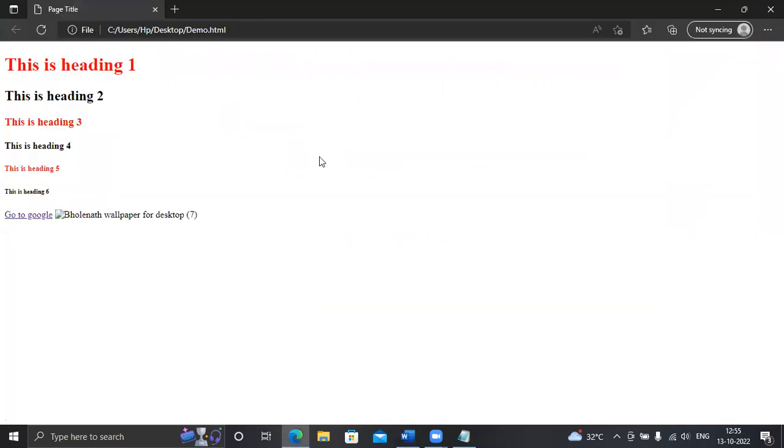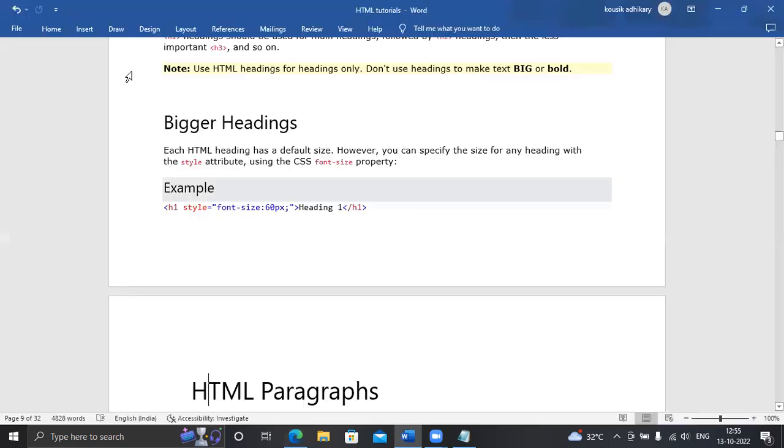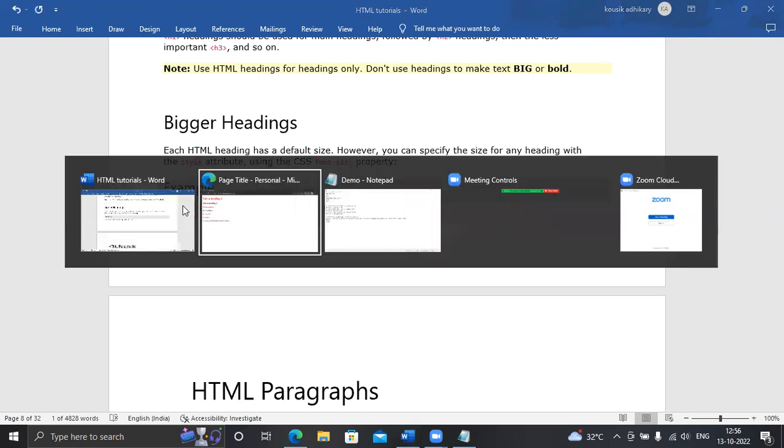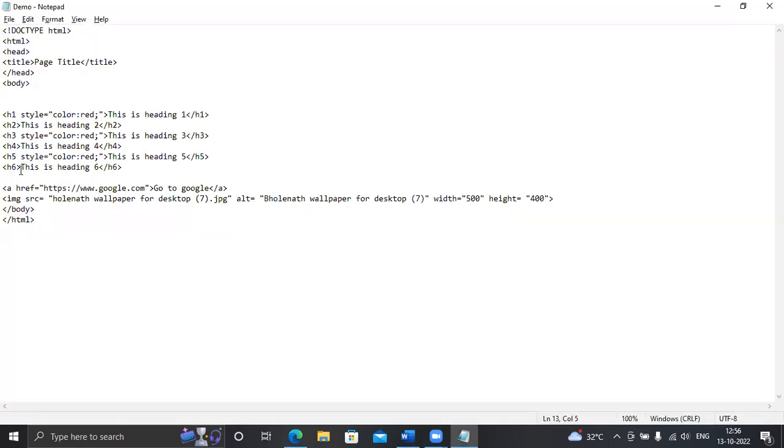When you are using heading tags, every tag has its default size when you are not mentioning any kind of size from your end. But if you don't want to use that default size for the heading tag, you can make changes to the heading. H6 is one of the smallest tags, by default the smallest one.